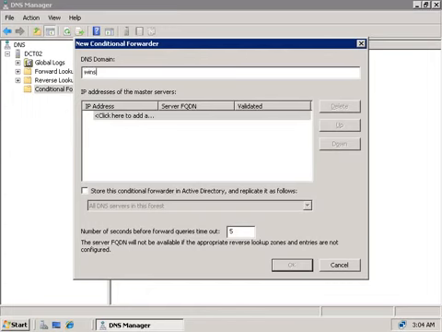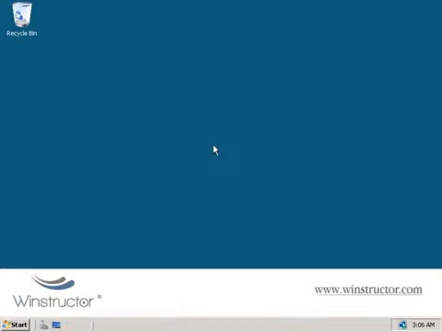Then as before, we'll need to enter in the DNS name of the domain, which in this case is going to be winstructorlab.com, and then the IP address of the DNS server in the winstructorlab.com domain, which is 10.32.0.2. And we can see it's resolved that address fine and validated it, so we'll click OK.